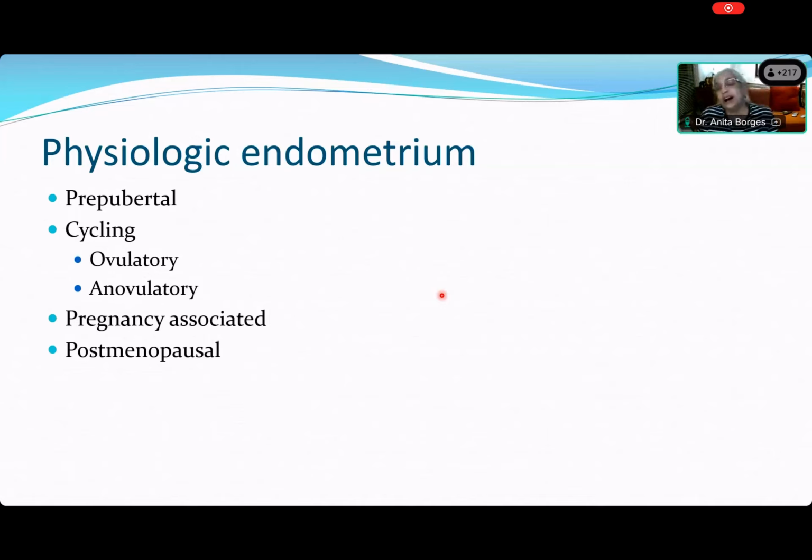Okay. So anyway, in adolescence, just after menarche and post pubertal, you will get anovulatory cycles that are perfectly normal. You will get anovulatory cycles just before menopause or perimenopausal. And every woman during the reproductive age group at some stage or the other will have anovulatory cycles, and they are absolutely physiological.